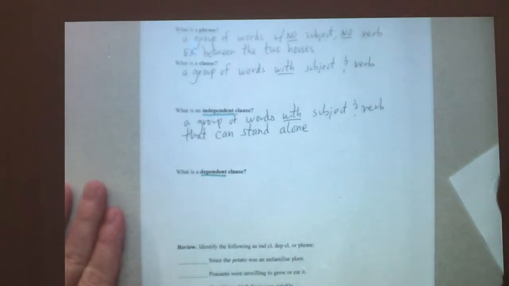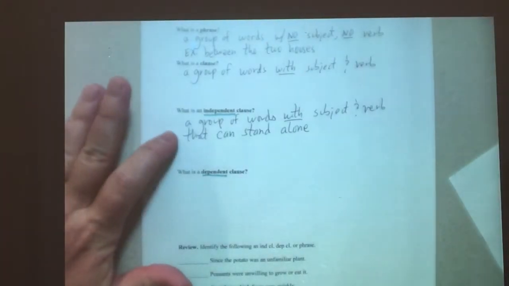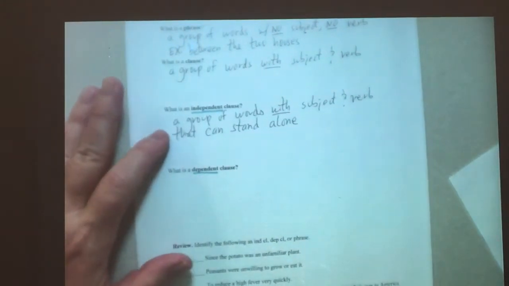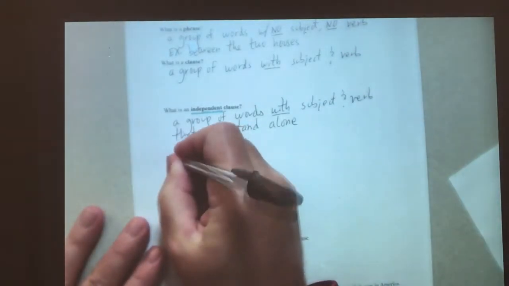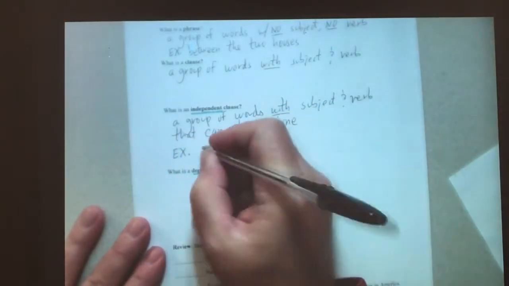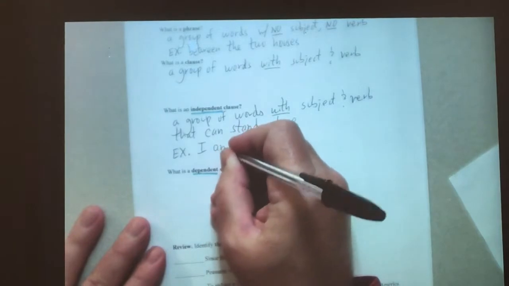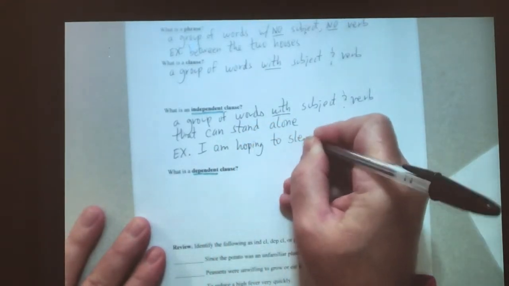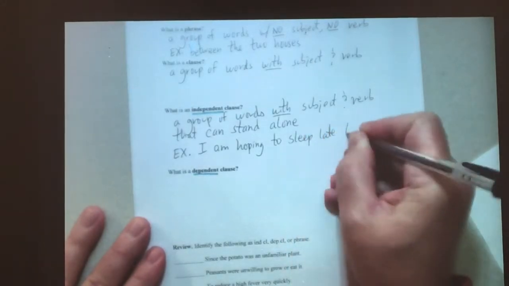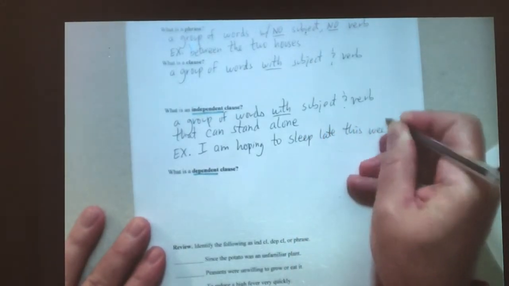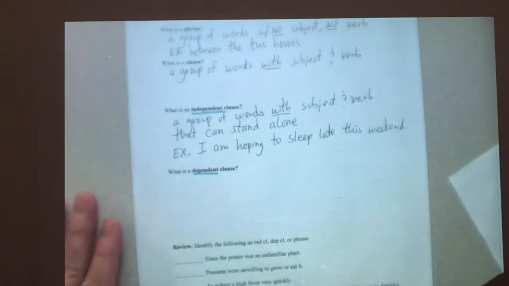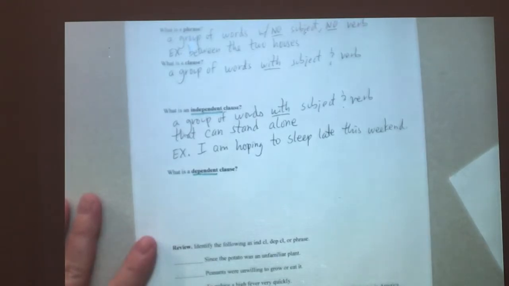Now you might be saying to yourself, wow, Mr. K, that sounds a lot like a sentence. Bingo, you got it. That would be a synonym, right? Because this is what we have to have in order to have a sentence. So an example would be,